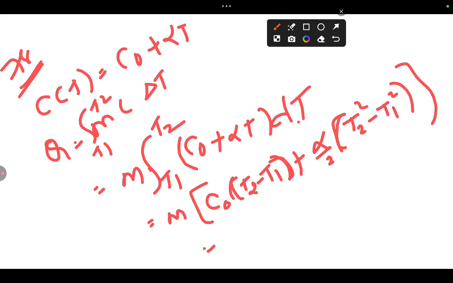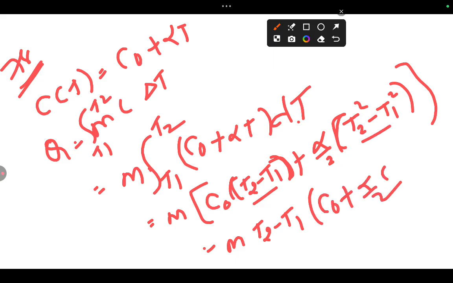Is it right? So here let us keep M like that only. Then T2 minus T1 outside, with C naught plus alpha by 2. This is the A square minus B square formula: T2 square minus T1 square gives T2 minus T1 times T2 plus T1. That's it, so that is your answer. Okay, coming to pendulum characters, as we know very well, the pendulum has a restoring force character, so that is the reason we take larger amplitudes. Any doubt?